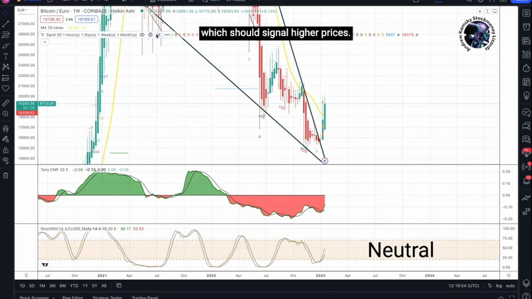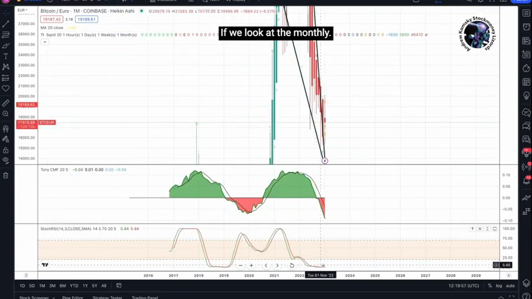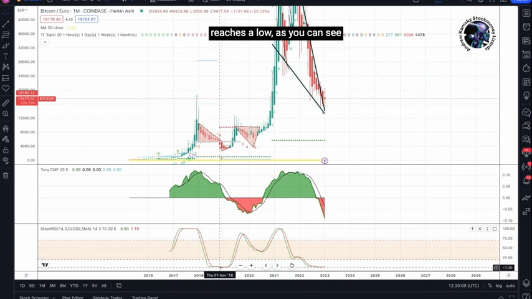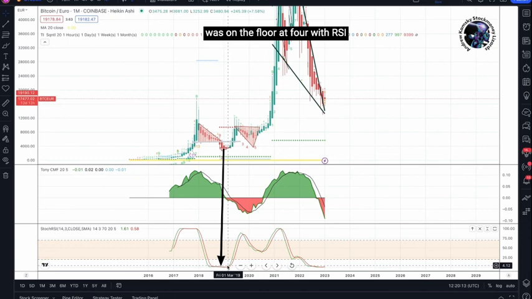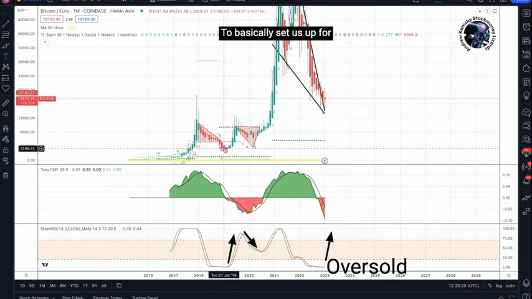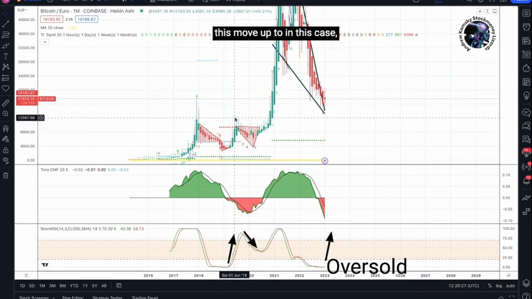signal higher prices. If we look at the monthly, the RSI typically on the monthly is a strong indicator when Bitcoin reaches a low. As you can see, in November of 2018, Bitcoin was on the floor at 4, with the RSI being completely oversold. And the response from that RSI was to eventually go up to basically set us up for this move up to, in this case, 12k euro, 14k USD,